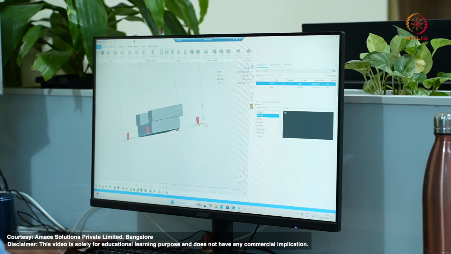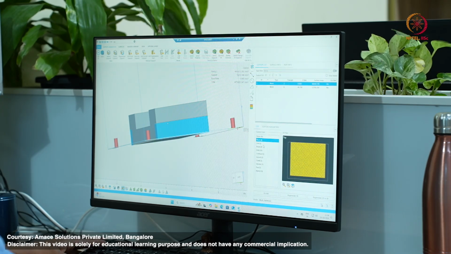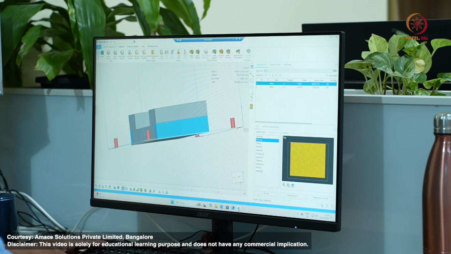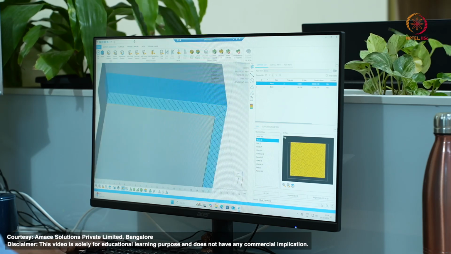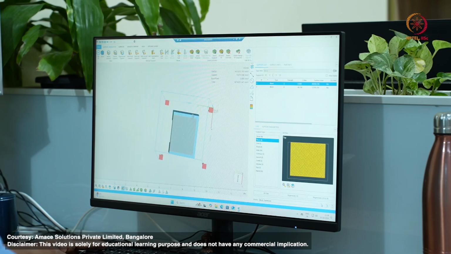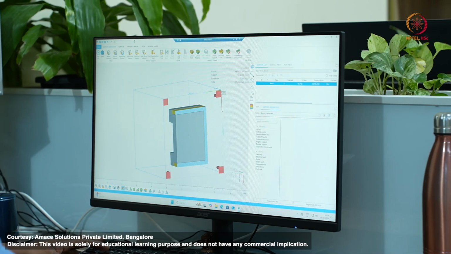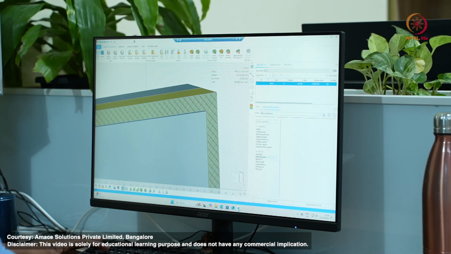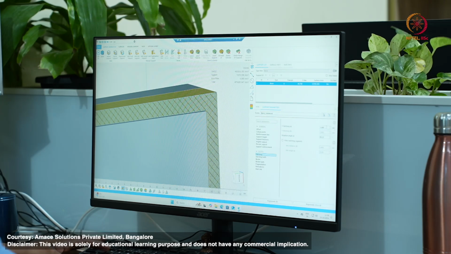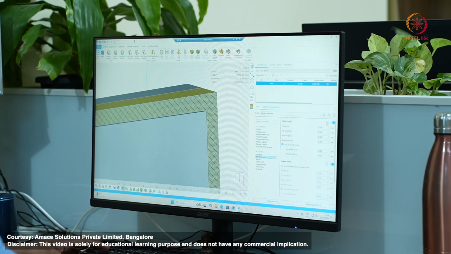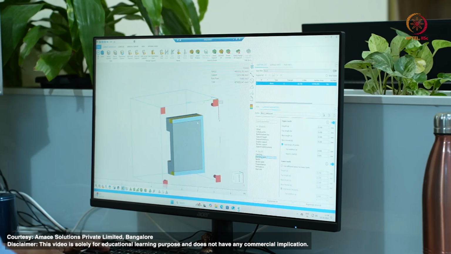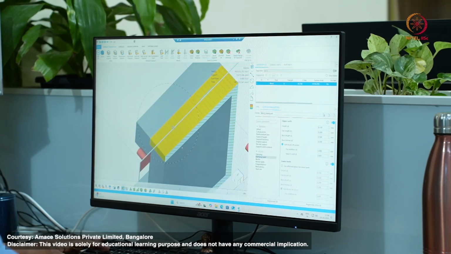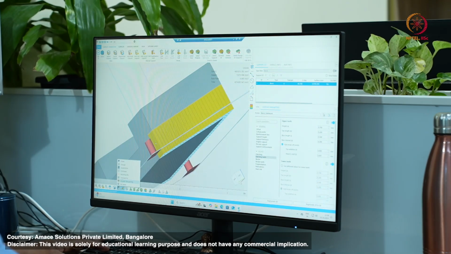So we have block supports, line supports, tree, and volume supports. Since this is aluminum, we will be going with the block supports. We can change the parameters for these supports, like what should be the hatch distance, what should be the hatching teeth. Usually the hatching teeth will be connected with the part.